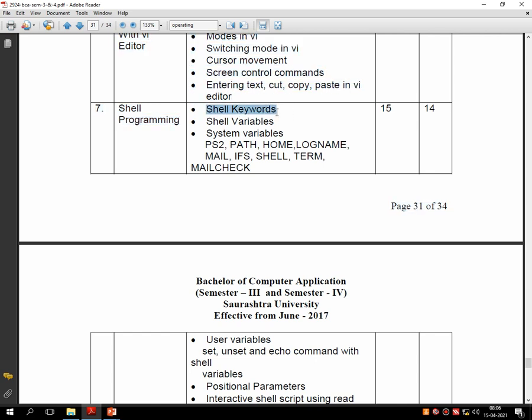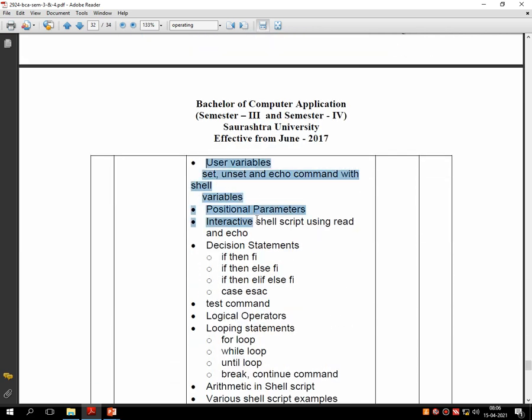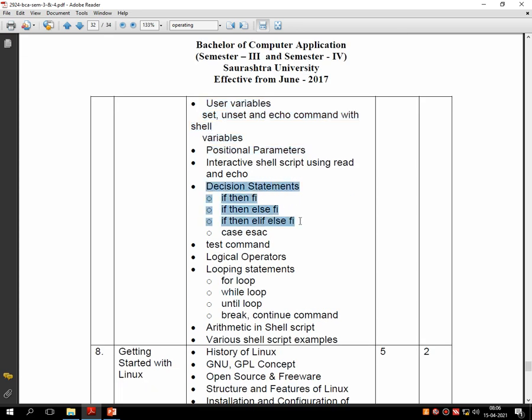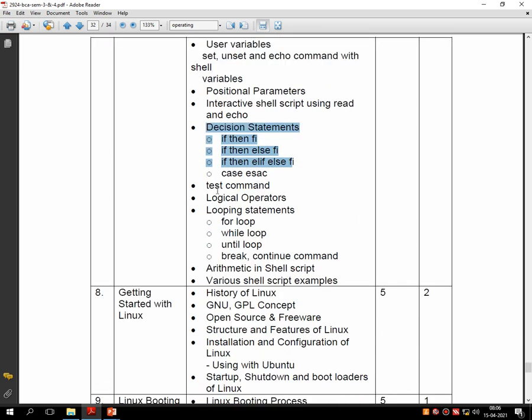Various concepts of shell programming we have discussed, like shell keywords, shell variables, shell system variables, then basic shell programming using if else, execution of test command, various shell operators like and, or, not operator, pipeline operator, etc. Then in the last lecture we discussed looping control structures called for, while and until, and we wrote a very basic few examples using the same.